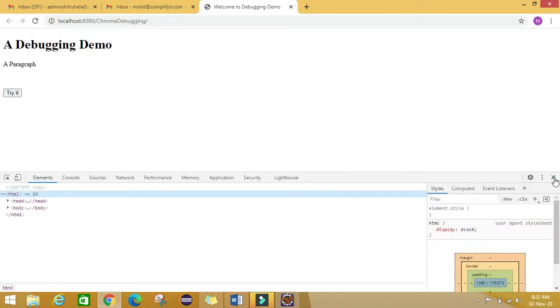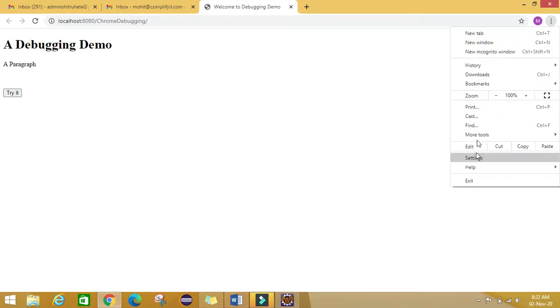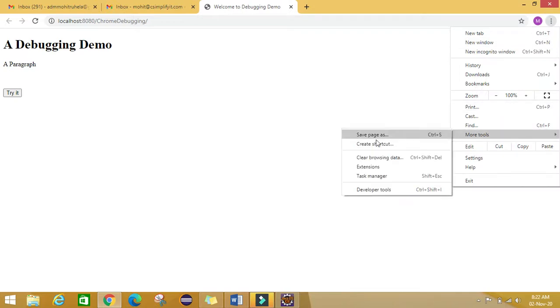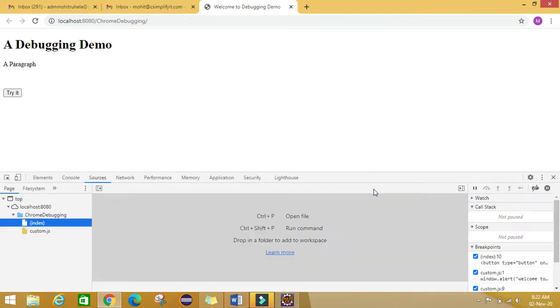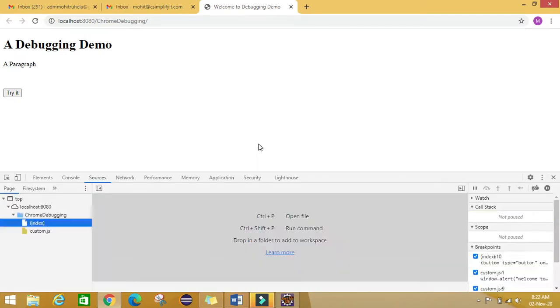Or we can click on the right hand side, click on these three dots, click on more tools and click on developer tools. This also starts the debugger. And one more, we can also use the Control Shift I shortcut to start the debugging tool.